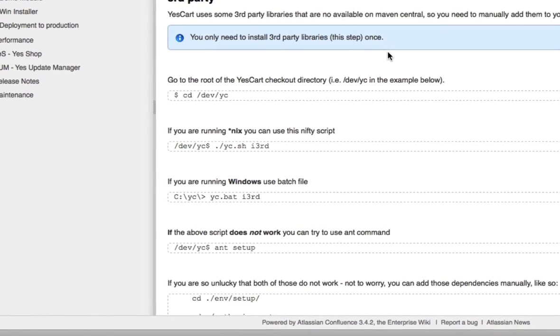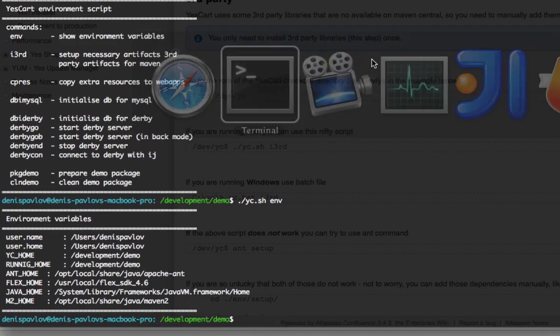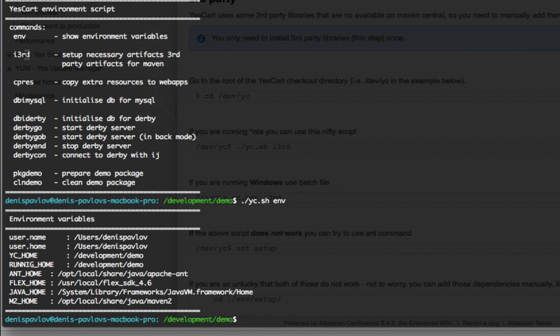For this purpose, we have a command called ithird, install third-party libraries, which we need to run now. So if we do ithird and run it,